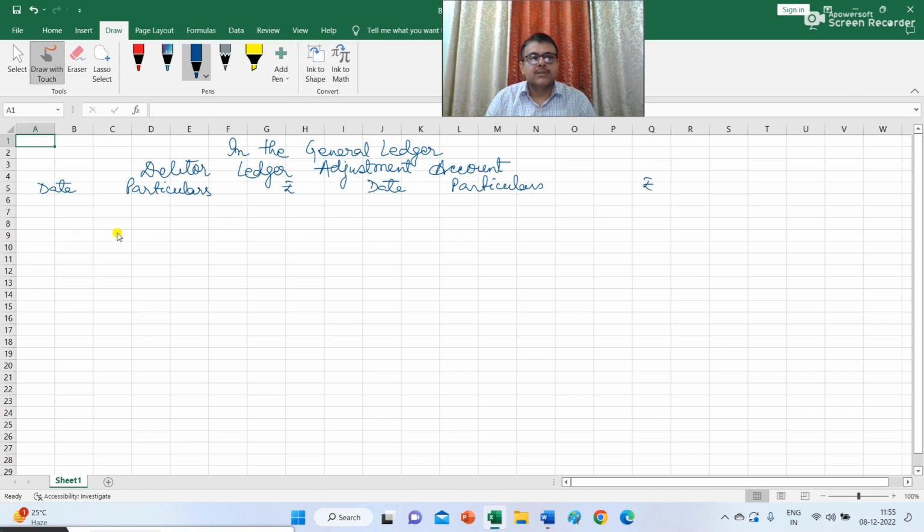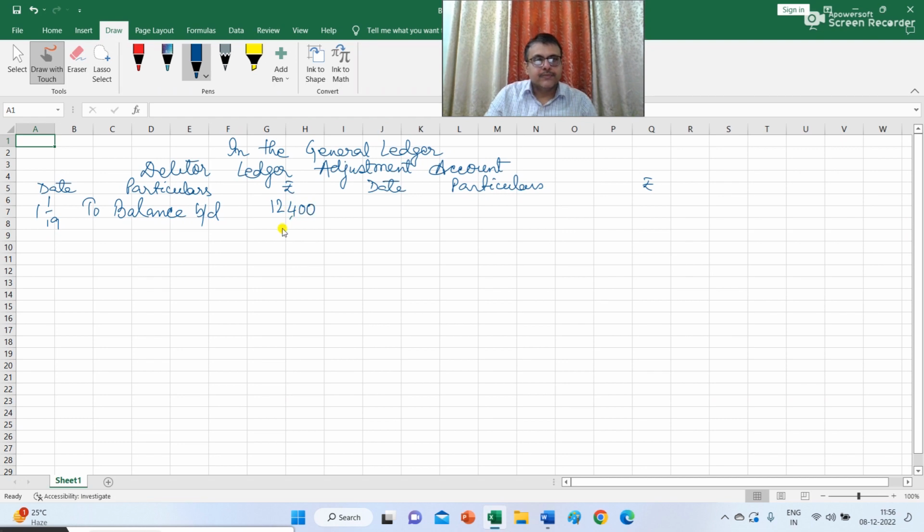So I have prepared the following columns. On debit side I have written date, particulars and rupees, and on credit side I have written date, particulars and rupees. Now let us start. Please see carefully how I am posting the transactions given in the question in this particular ledger. So first I have to write the opening debtor balance. So on 1st January 2019, we have a debtor balance of 12,400. So I have to write here as to balance brought down